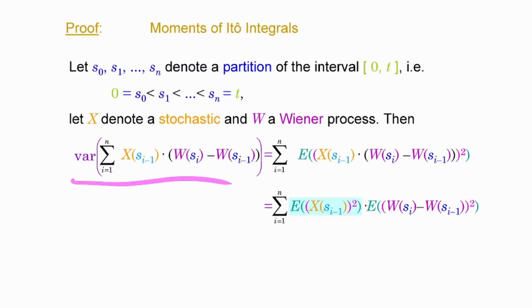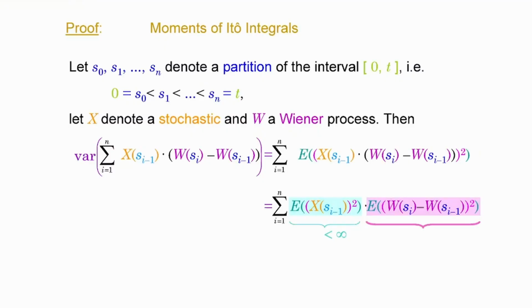Keep in mind, guys, in case of mean square convergence of random variables, both the expectation as well as the variance need to converge to their limits. So this thing needs to be finite, otherwise there would be no convergence of this expression. If a sequence of random variables converges in mean square, so do their expectations and their variances. And that must be true for the Itô integral. So this thing needs to be finite. If it is, it will work.